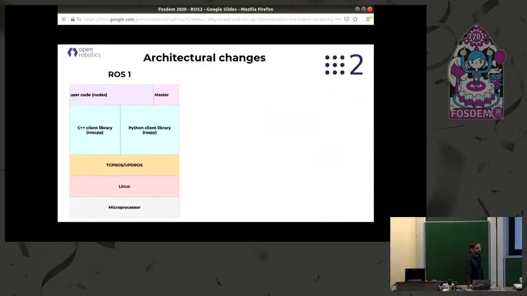It wasn't. So when creating ROS2, this is the software stack we are using from the microprocessor until the user code on top of it. When designing ROS2,